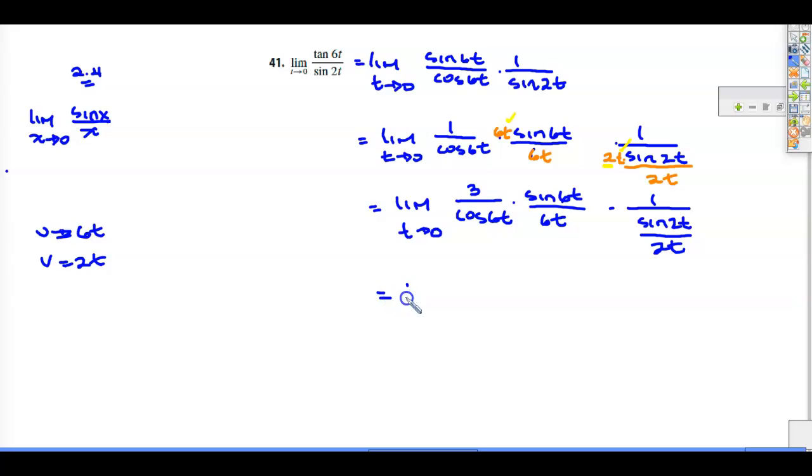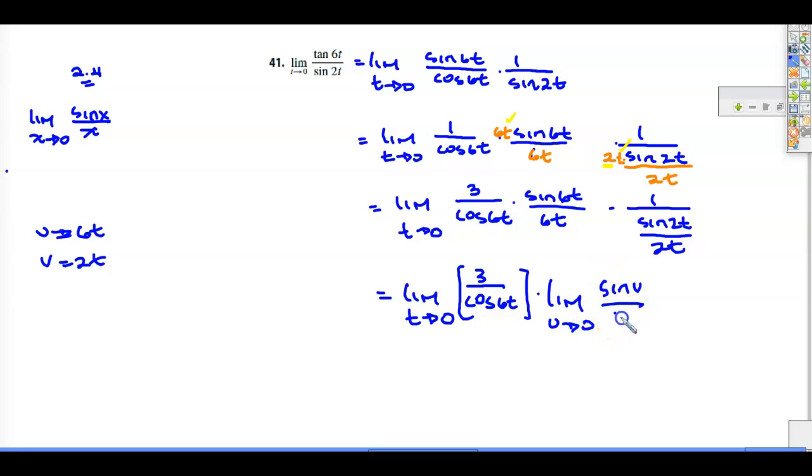So when you write this limit here, as this is still t approaches 0, this quantity is going to be 3 all over a cosine 6t here. But this is going to be times the limit. Now this is u approaches 0 of sine u over u times, this is the limit as